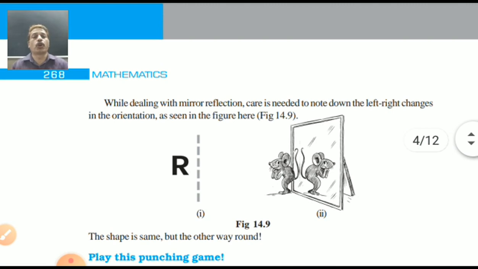Correct. Look at here. What is this reflection? Yes, if you are seeing your face in the mirror, you can get your face. But if you are showing your back to the mirror, the mirror will not show your face, it will show your back only. That's why the mirror always shows the correct things.